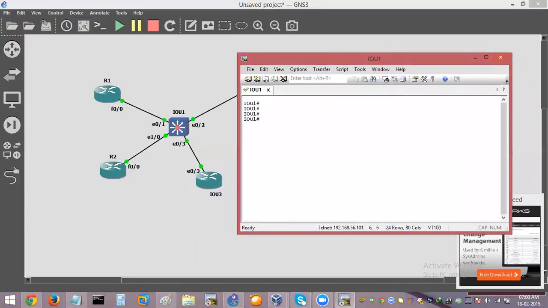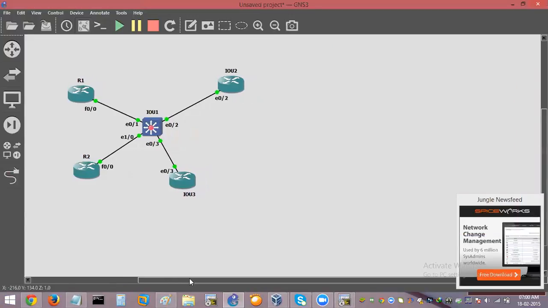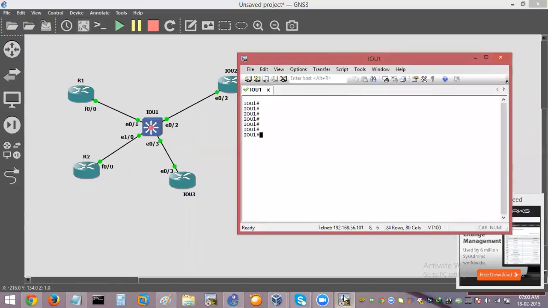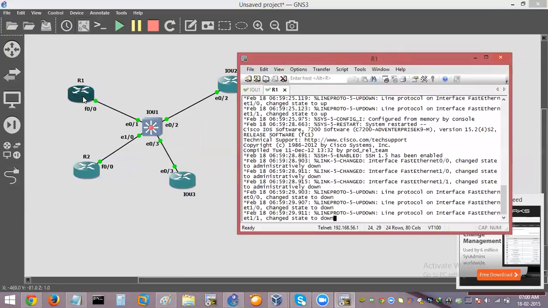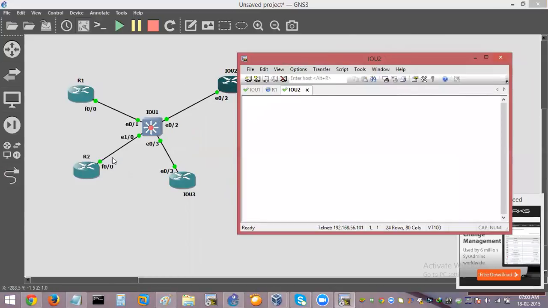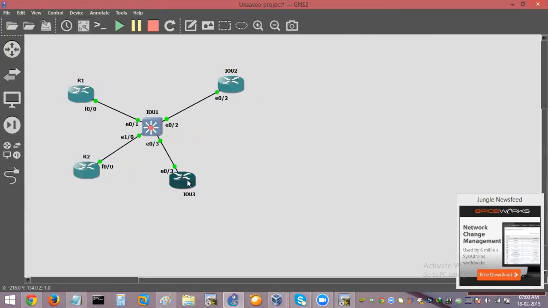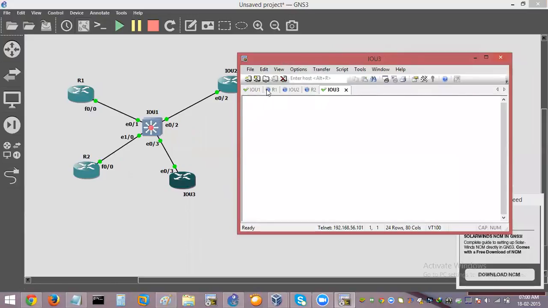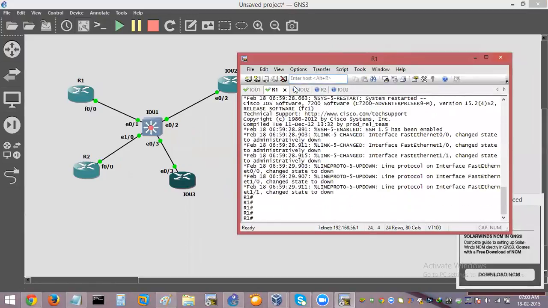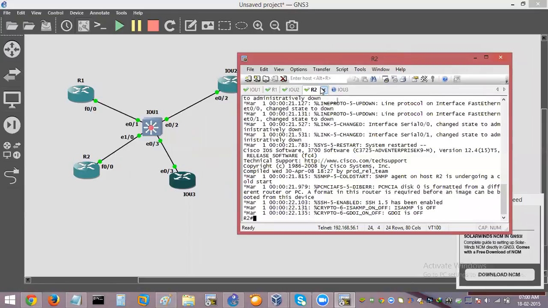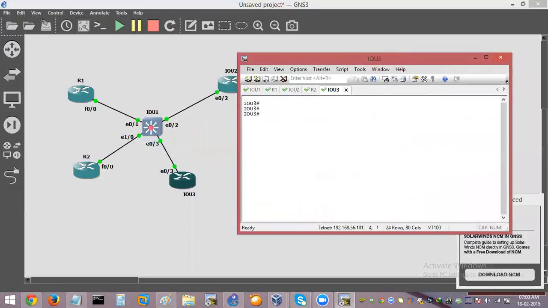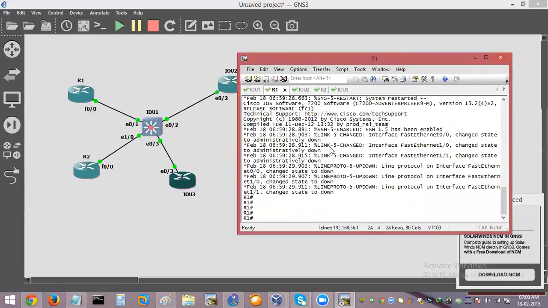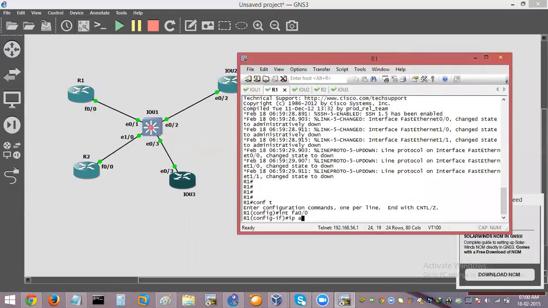So this is what the console is. This is the switch basically. So I'll open a console to R1, IOU2, R2, and IOU3. Okay, so this is what we are going to use for our labs. So if I go to R1 and say interface address 0, IP address